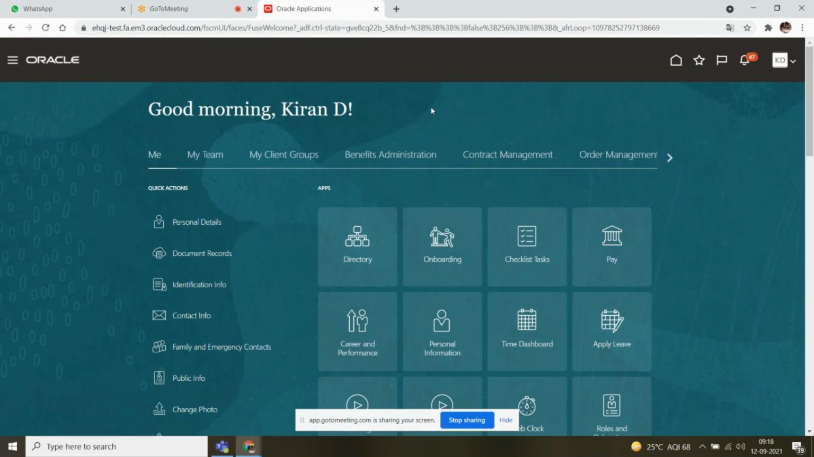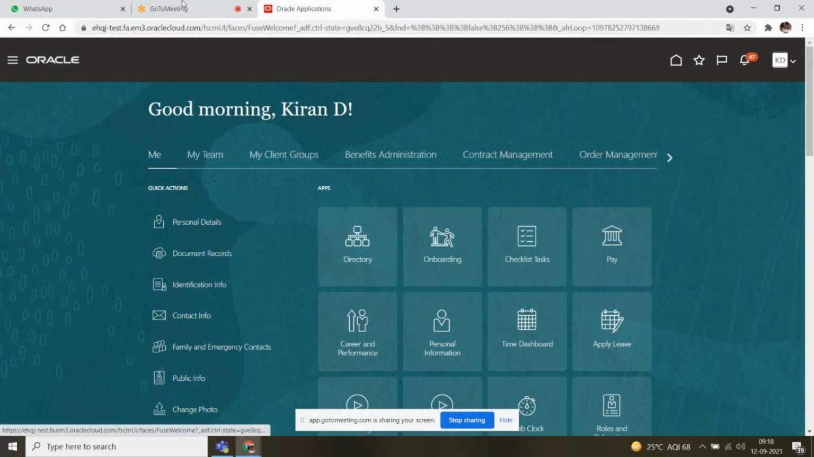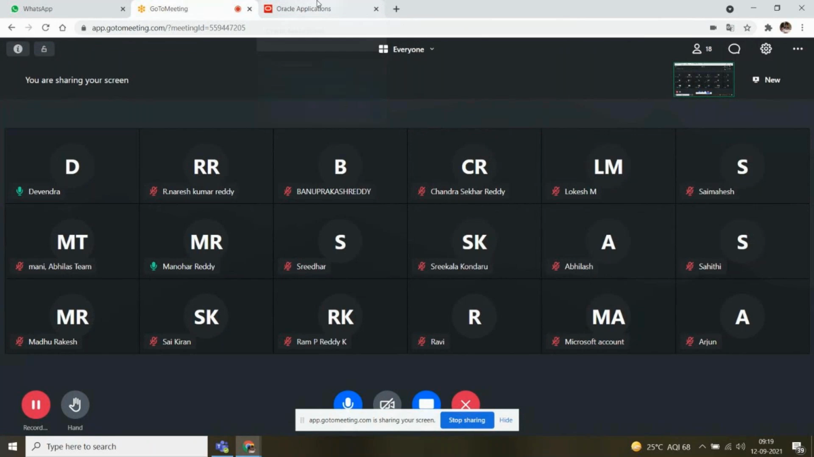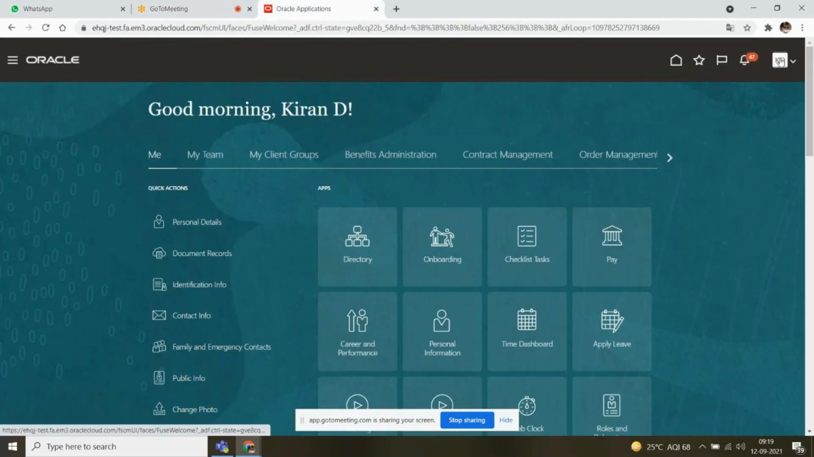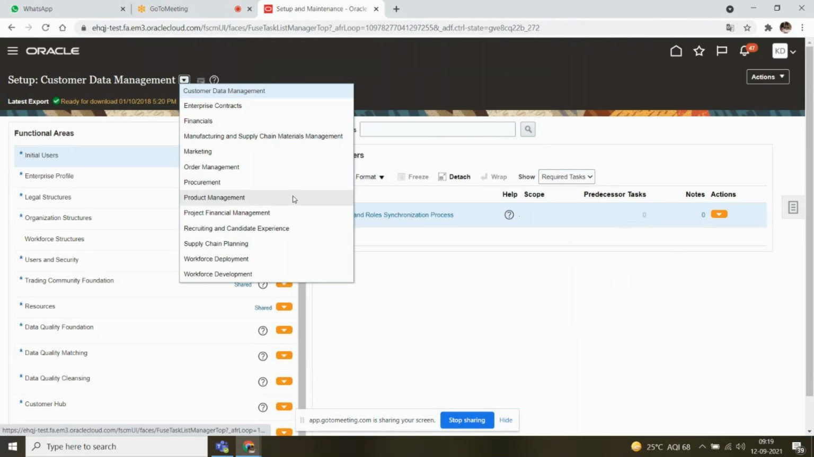Sir, shall I continue? Yes, Manohar. So, initial user, enterprise profile, legal structure, financial report structure, organization structure, workforce structure, project organization, user and security, and project cost, project costing base, project building base, project foundation, capital project, project contract, internal project building, burdening, budgetary controls and encumbrance account, application extensions, transaction tax, and